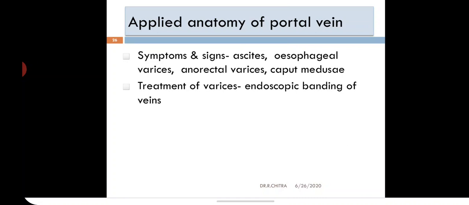So this completes the important topic of the portal vein. This is the most important topic in the abdomen. So you try to understand this portal vein and its tributaries and portacaval anastomosis and the importance of the portacaval anastomosis. So this may be an important topic in the final year also for your exams. You will be given the portal hypertension case in the surgery practical exams also. This is a clinically important topic also. Try to understand and learn, and we will continue in the next class.